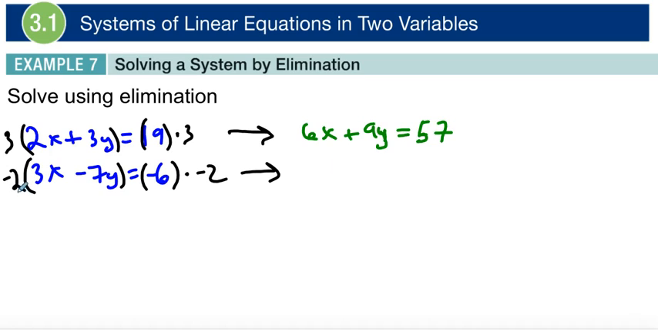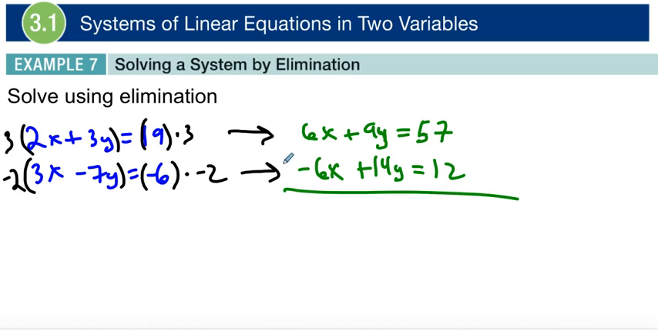Great, now look at the bottom here. Negative 2 times 3x is a negative 6x. Negative 2 times a negative 7y is a positive 14y. And a negative 2 times negative 6 is a 12. Good. So now if I go ahead and combine those together, those will eliminate right there, right? Then I can add these guys together and get